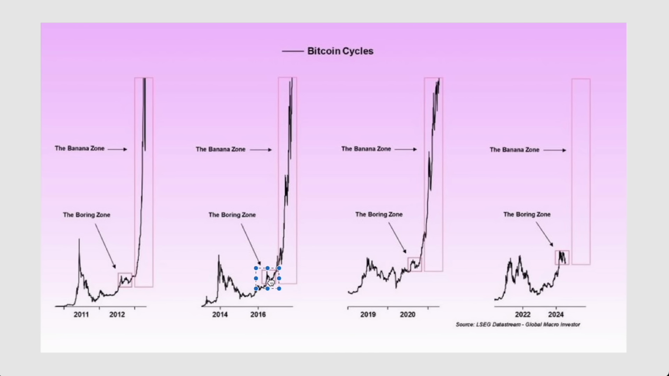In 2016, it was 150 days. And so if 150 or 160 were to translate to this boring zone, this reaccumulation phase, then the breakout should take us into late September or early October of this year, because this reaccumulation phase, this so-to-speak boring zone, is supposed to gear us up and prepare us for the banana zone, which is essentially the parabolic phase